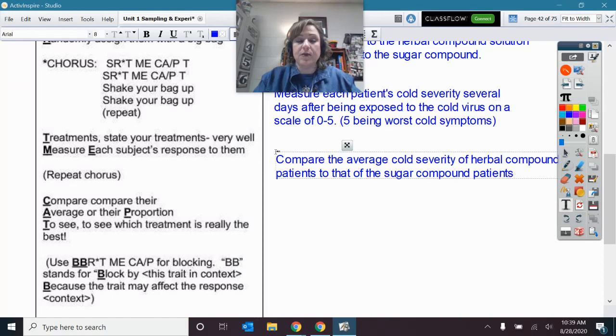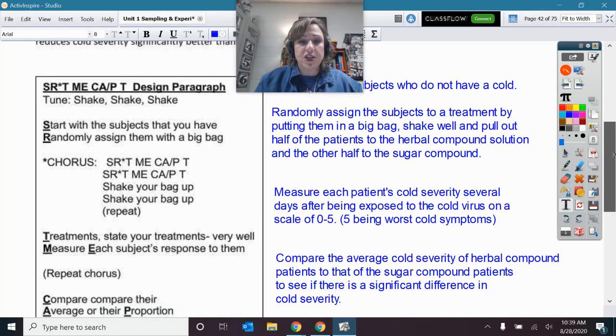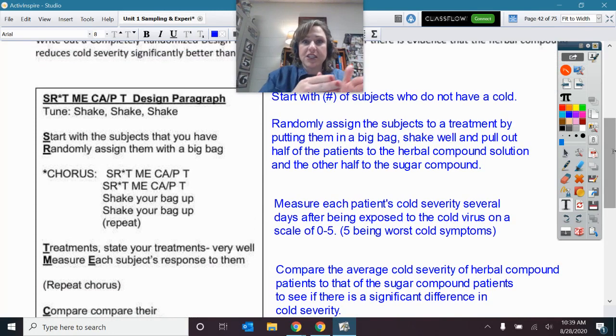Okay. And then remember the new thing to see if there is a significant difference in cold severity. Okay. We found that there wasn't, but that's how you do your write up. Done. So by having this mnemonic device, I know and I feel confident that I've included all of those components